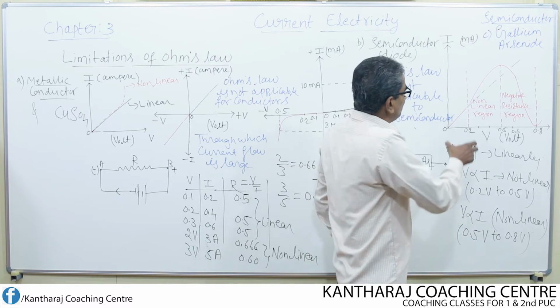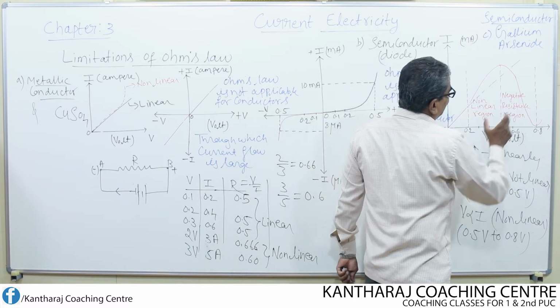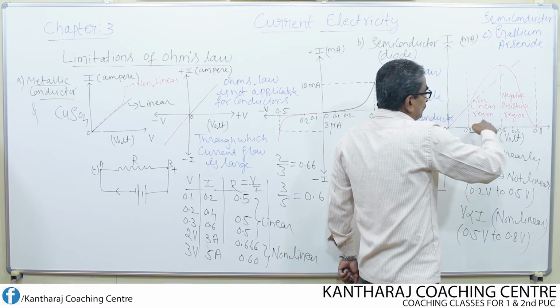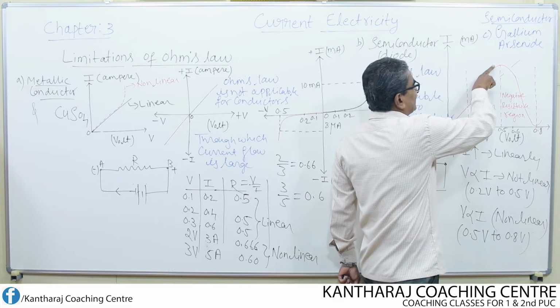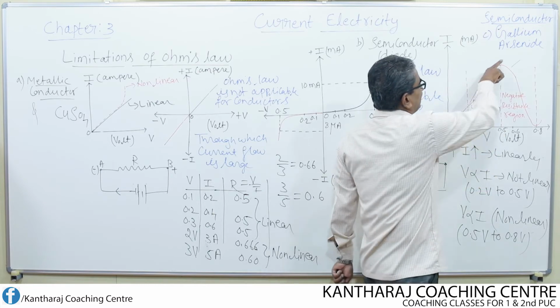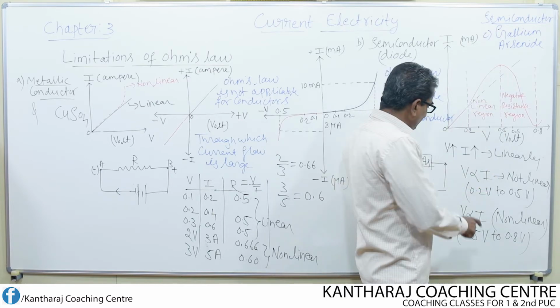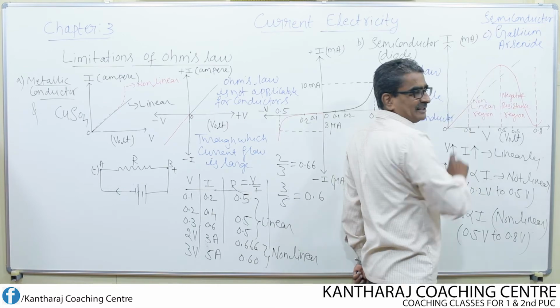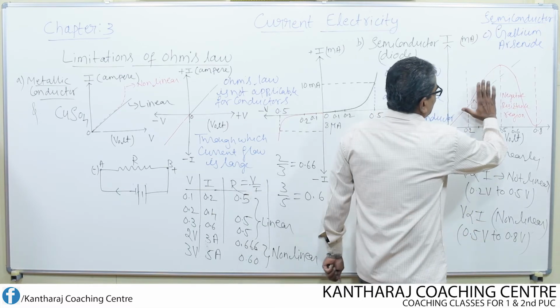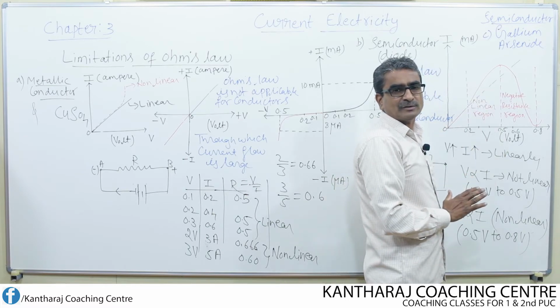Then what is the difference between this non-linear region and this non-linear region? Here in this non-linear region, resistance is found to be positive because current is increasing. Current is increasing with the voltage, but it is not increasing uniformly. Means V is not proportional to I in this region. Though it is increasing, it is not proportional to I. So therefore in this region, resistance is found to be positive.